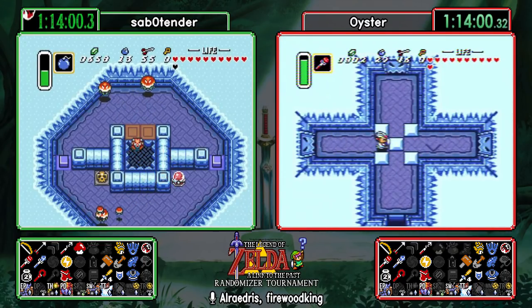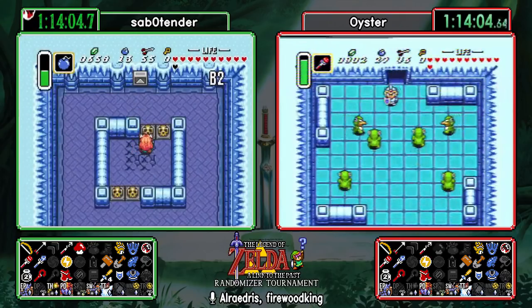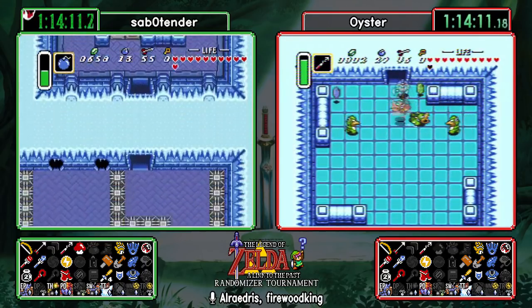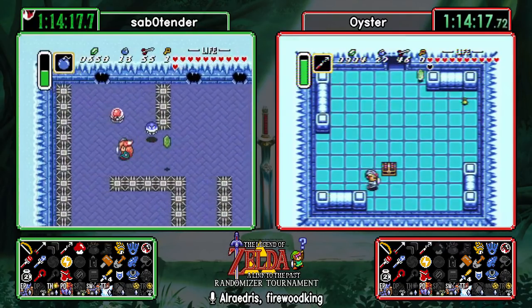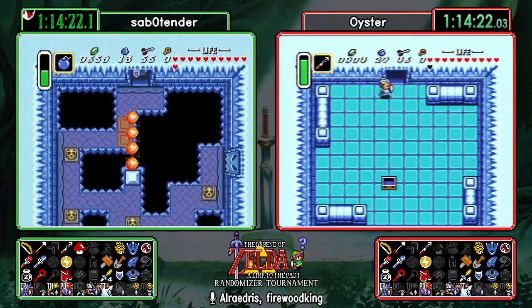I would like to confirm that this is a seed. Definitely a seed. It's been a fantastic race so far, and I'm impressed with everything both of the racers have done, and they're pretty much neck and neck, I feel. Oyster is behind on Hera, but they're both hunting for those go items, so...